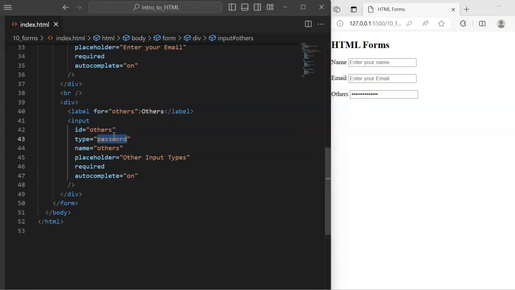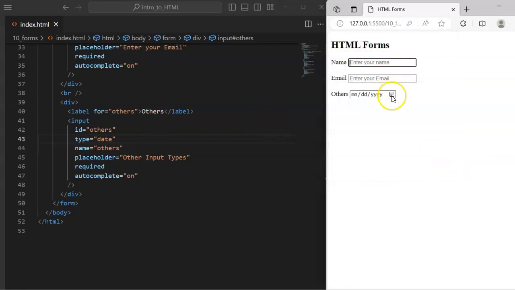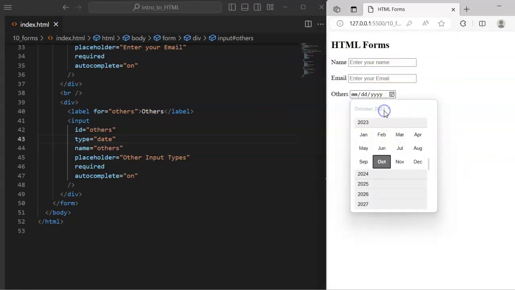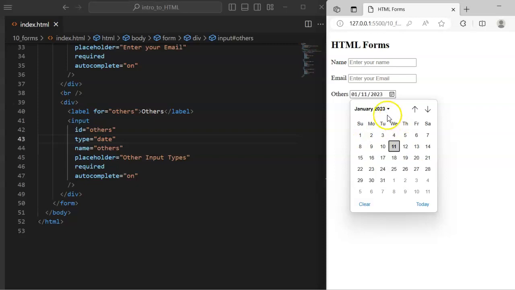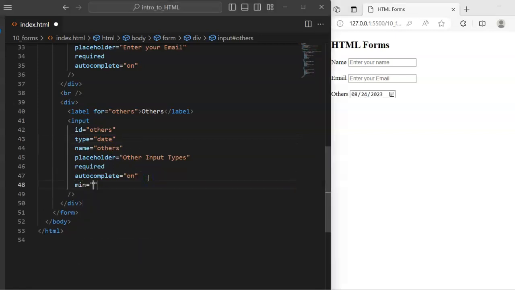Now another type of input field that we have is the type of date. It will come as a drop down, and you can select dates, or maybe January or something like that, and just change months, change the dates, and even change the year, as the case may be. So that is that about dates. Of course, for dates too, you can set the minimum value. Maybe you want to set it to last year, so you can just say 2022, January, and the date is maybe 23. If you save it now,